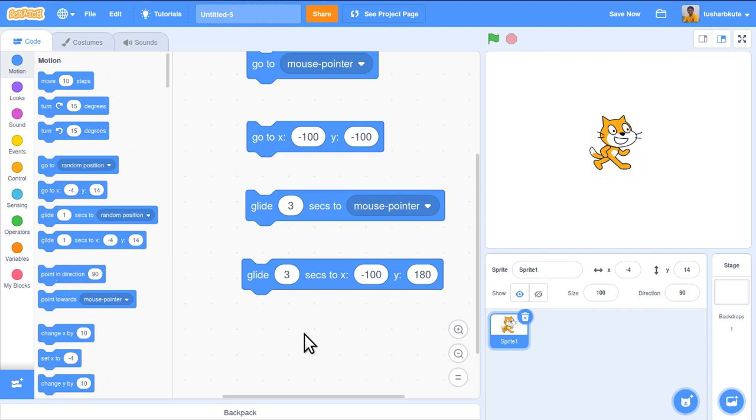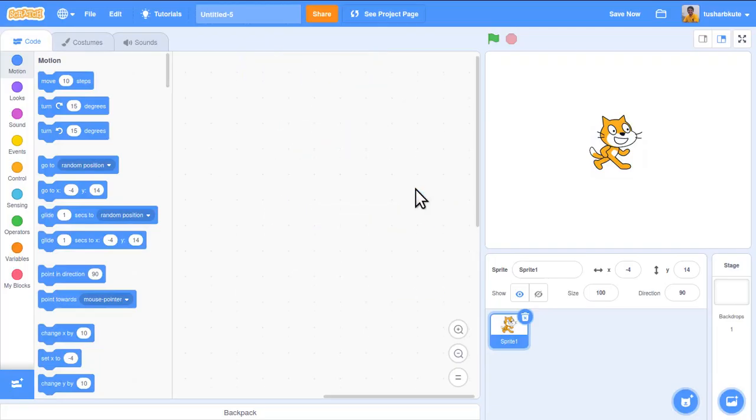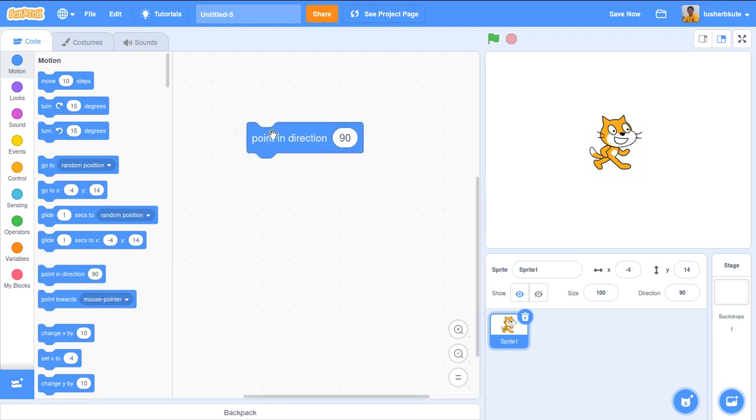Now next is point in direction. Before that, I'll just delete it. Right click, delete blocks. Okay, done. Now point in direction. Currently we have a direction of 90 degrees, so it's looking toward 90 degrees. We have seen that in one of the videos on sprite properties.